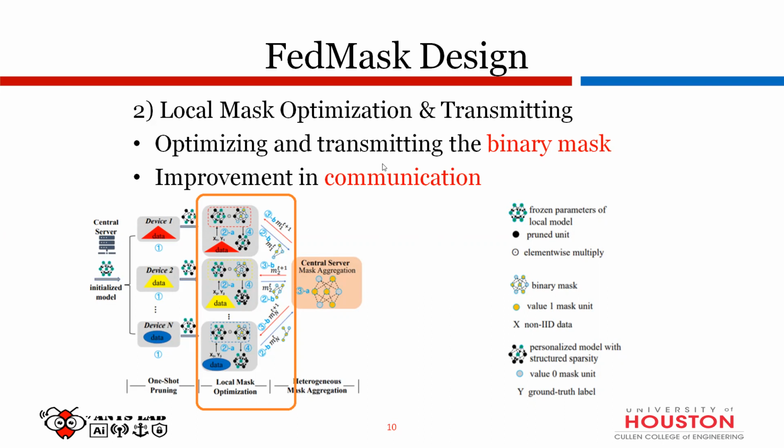Do they still have a part that exchanges models, or are they trying to use this binary mask to replace that? They pretty much just replaced it with the binary mask. So as you can see, all the transmission and also the third step, the aggregation, all the information is based on the masks they provide. They pretty much provide only the structure of those models. The initialized models weren't even changed at all.